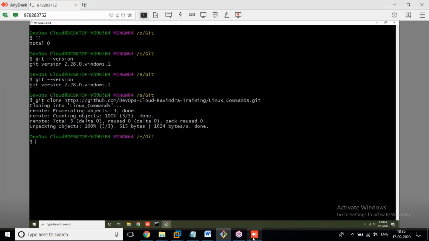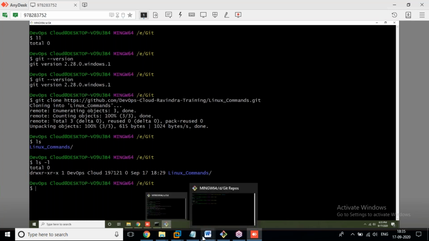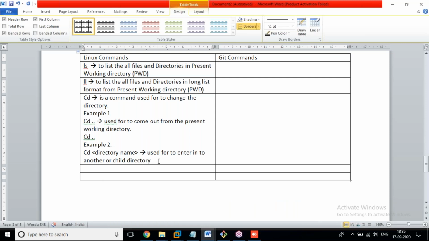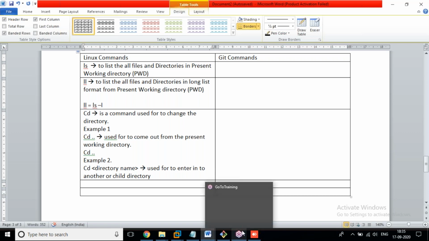Oh, sorry, where are we in this machine? Okay. Now we cloned it. After cloning, ls -l, you can apply ls -l also. Same, ll equals ls -l.